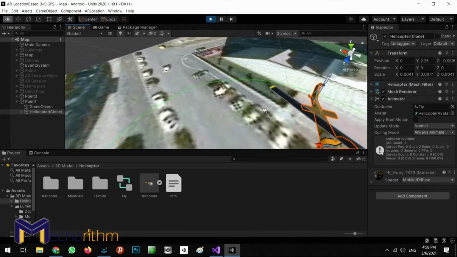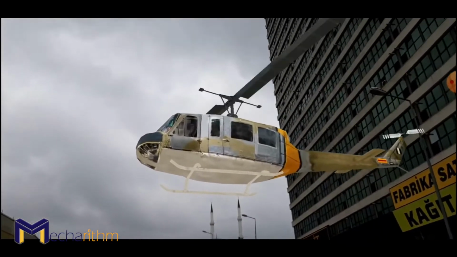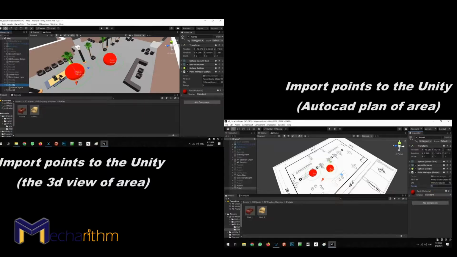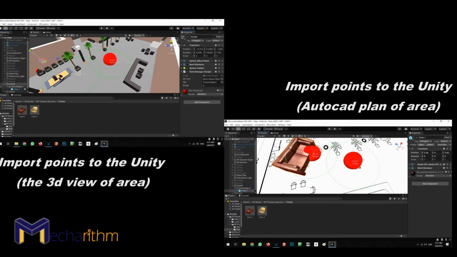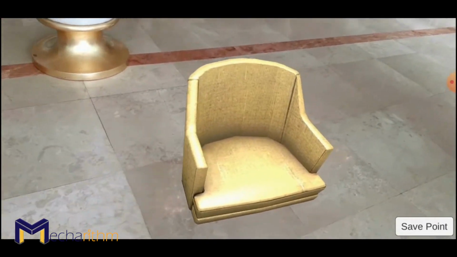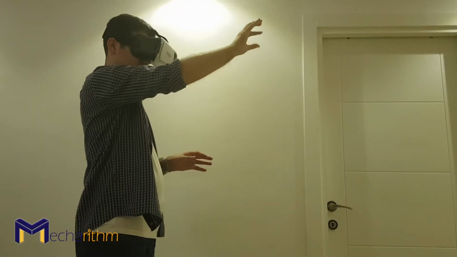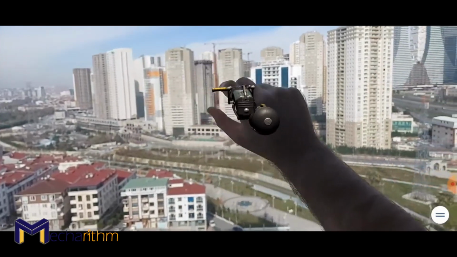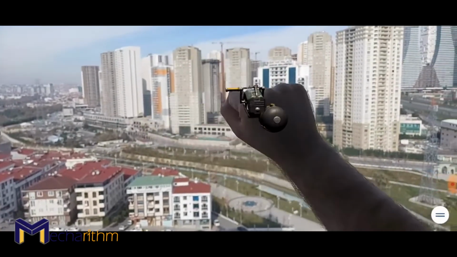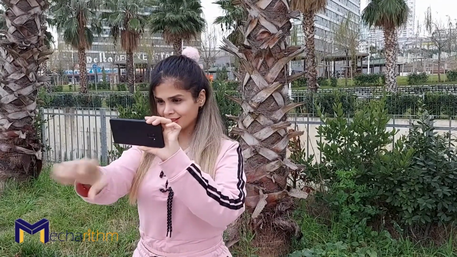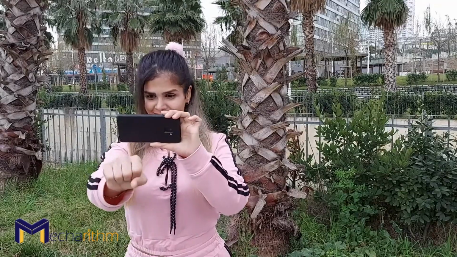In the previous clip, we learned a new way to implement location-based augmented reality without using GPS. We learned how to position objects in augmented reality accurately and offline. In this clip, we intend to use a new and handy feature for augmented reality to increase the productivity of AR applications and provide practical freedom for the user.